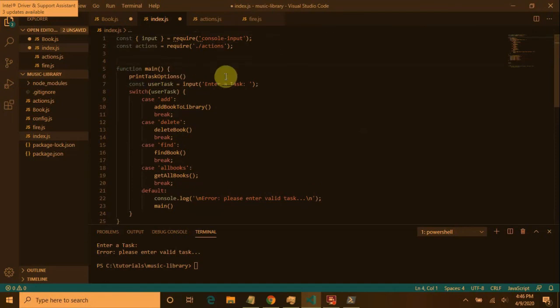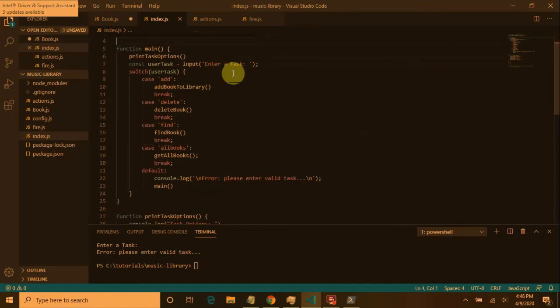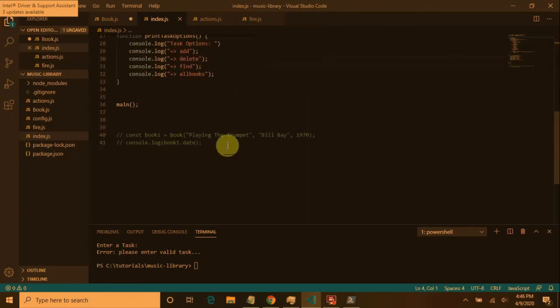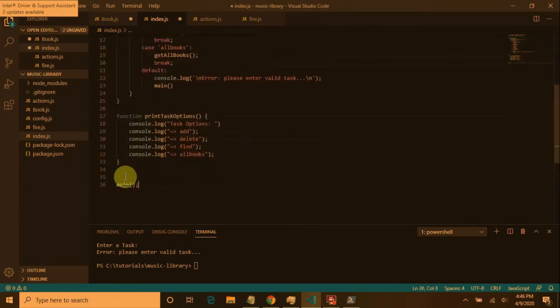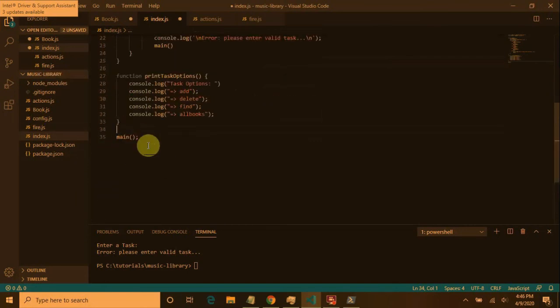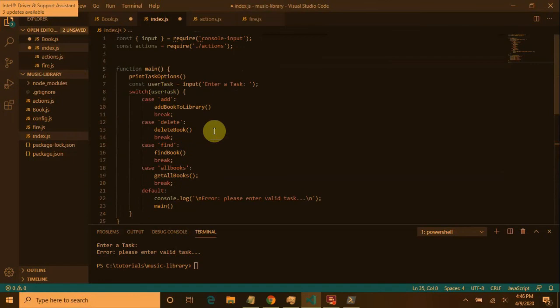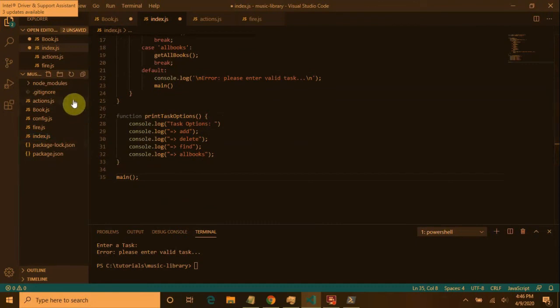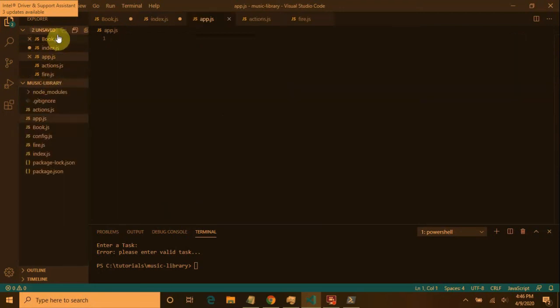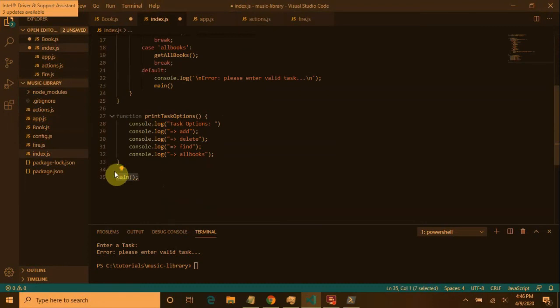Alright, and then we have our main function. Get rid of this. Running of the main function is here, which is fine. I could export the main function to like an app.js and run it there, I guess, because it all kind of stems from that, right? So where's my index? Index.js, but then I could have an app.js, and I could say module.exports equals main,